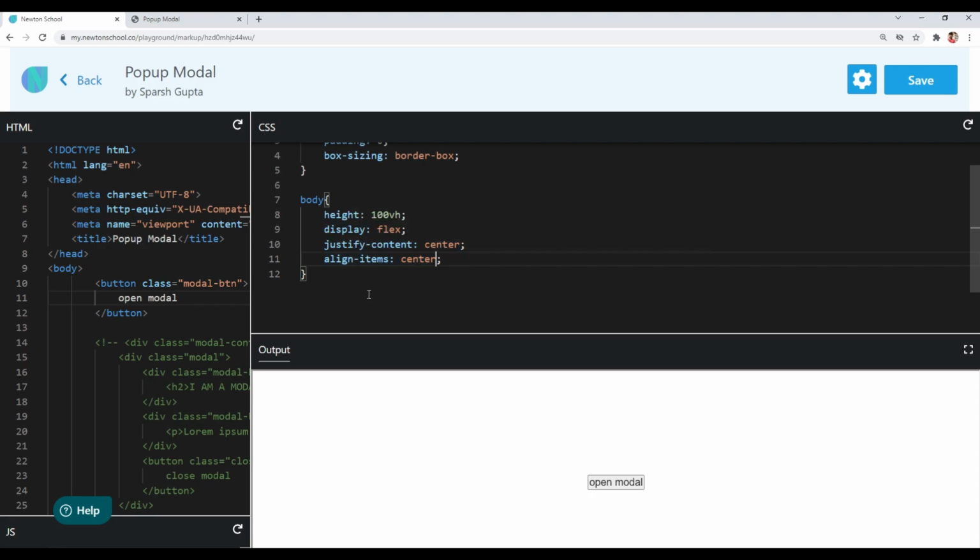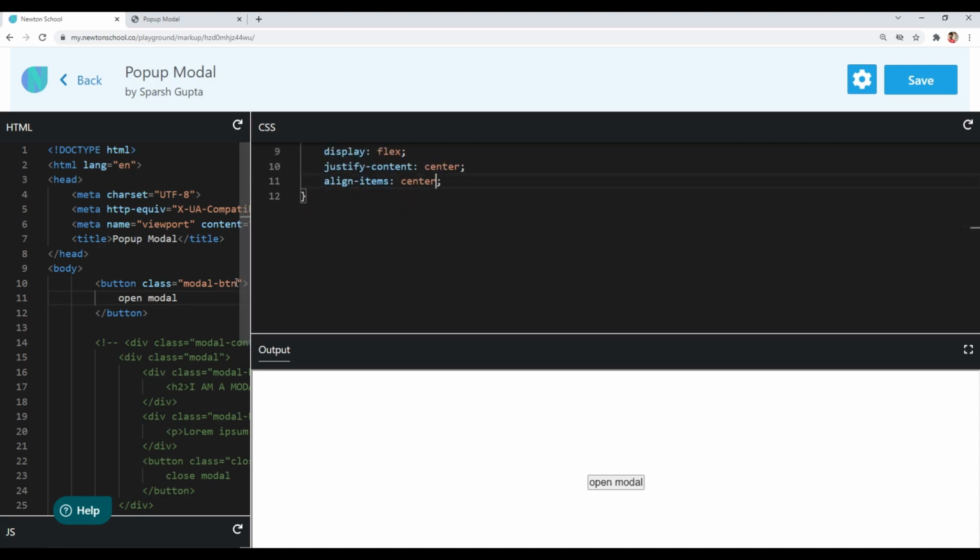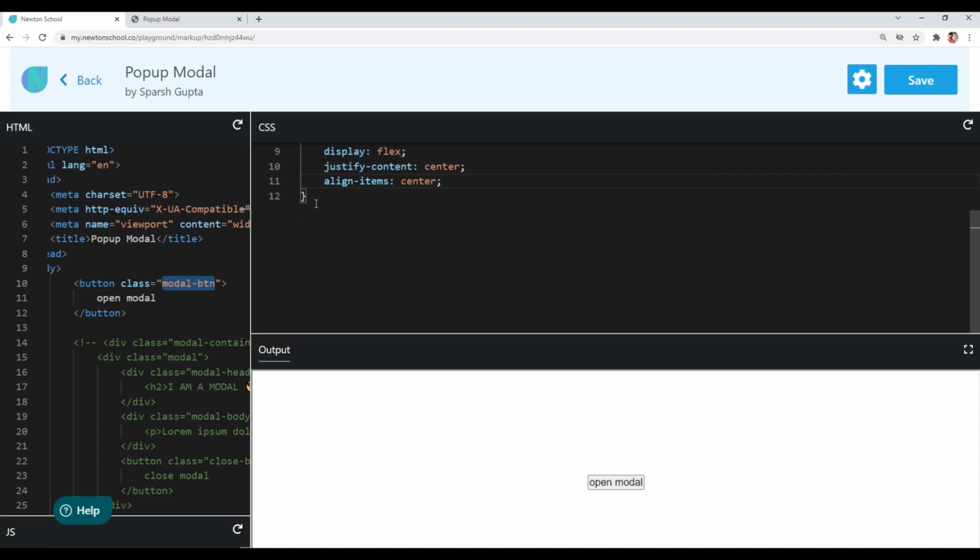Now let's start styling our modal button. So I will target our modal button. I need some spacing inside our modal button, so I will give it a padding of 20 pixel from top and bottom and 60 pixel from left and right.